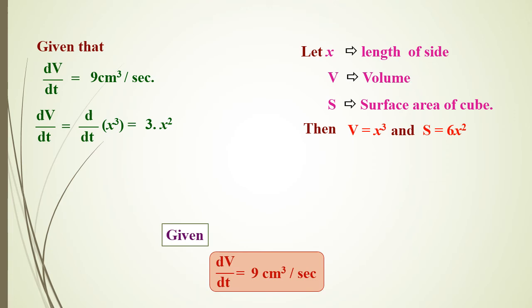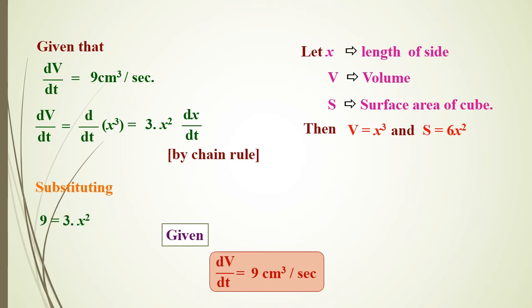Next, when x³ is differentiated with respect to time, it can be written as 3x² into dx/dt, because dx/dt is compulsorily required since you are differentiating x with respect to time. The x to the power n formula you need to apply here also to find the derivative of x³: 3x to the power 3 minus 1, in the sense it is square, so the derivative of x³ will be 3x². Then x is the base, so when you differentiate it with respect to time, it can be written as dx/dt.